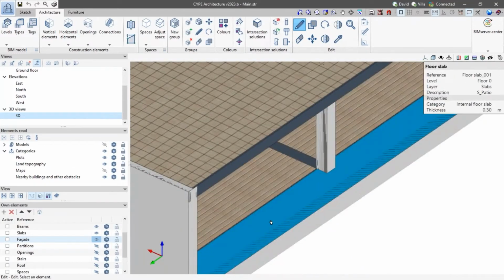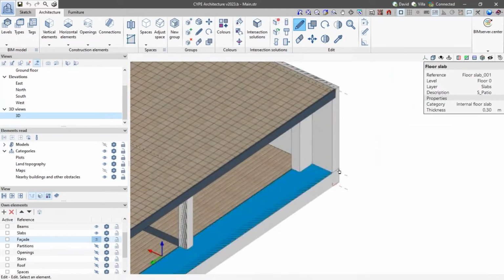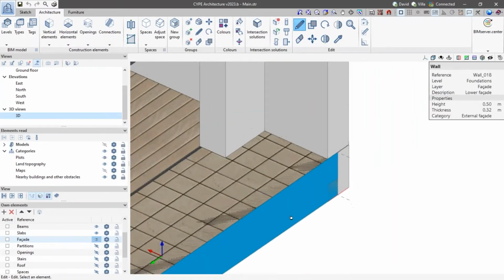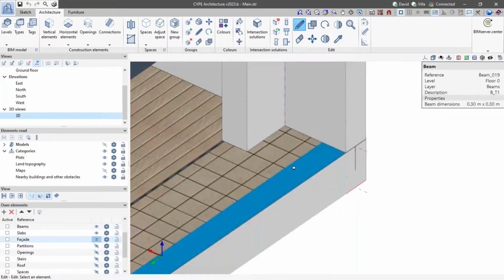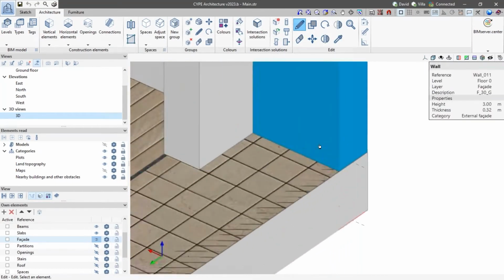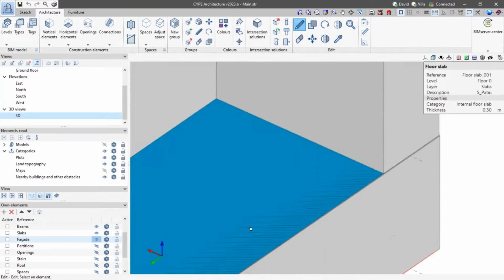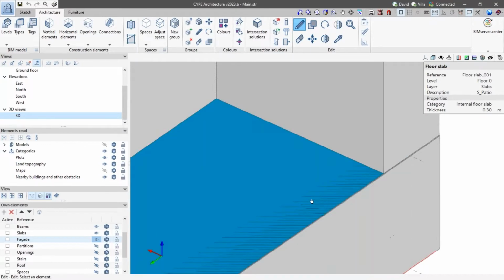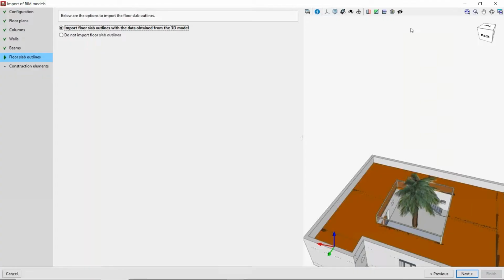For example, you can see here that I have this slab, and maybe for an architect, this slab ends right around here where we have our rendering for this part of the slab, but maybe for a structural engineer, this will end more or less around where my cursor is, because you have to take into account the depth of the rendering, if you have any kind of insulation for the thermal acoustic analysis and so on. So that's something that we could take into account as well. In this case, I'm going to import the outlines so I can work around that and customize it to